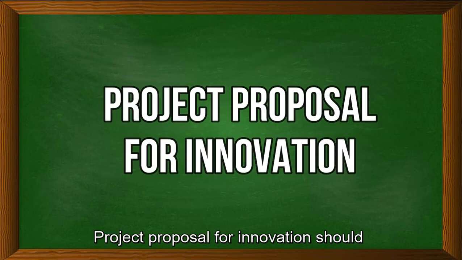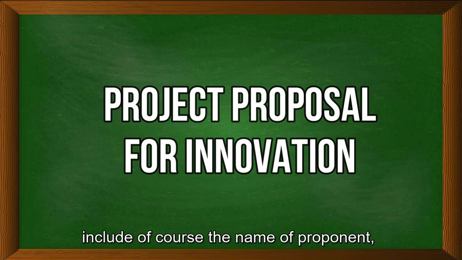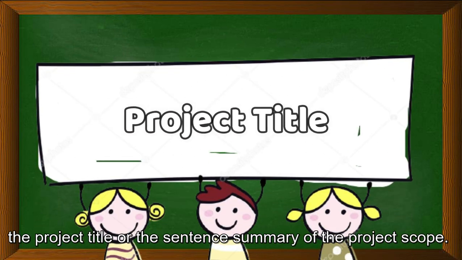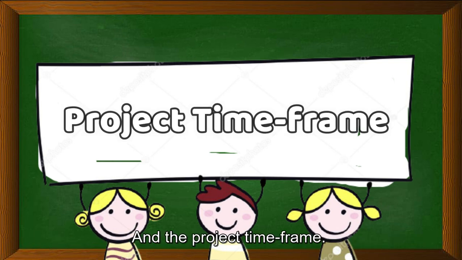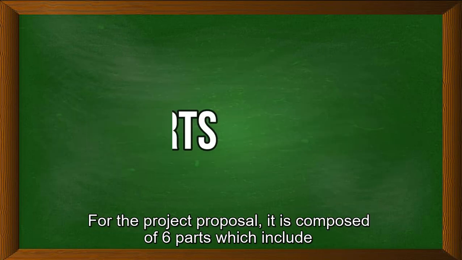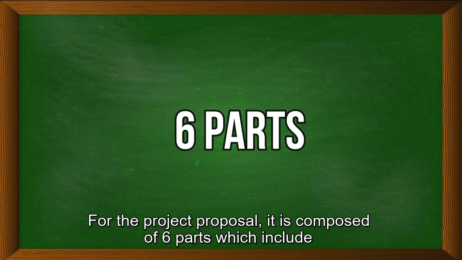The project proposal for innovation should include, of course, the name of the proponent, the project title or the sentence summary of the project scope, and the project time frame. The project proposal is composed of 6 parts, which include